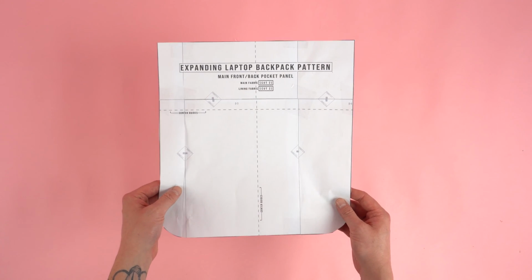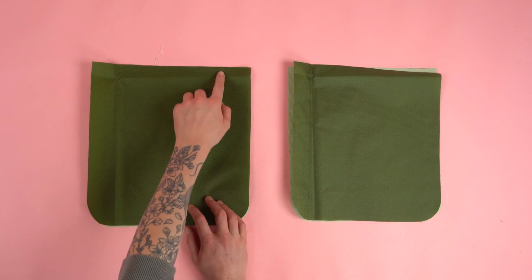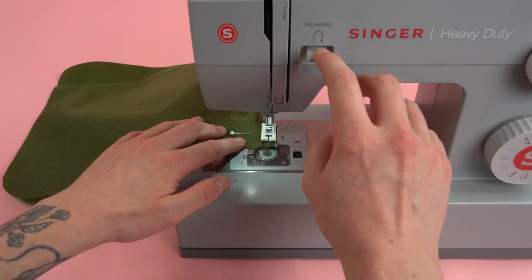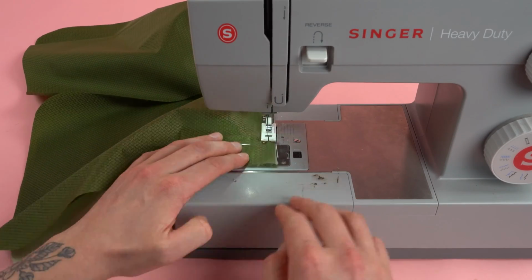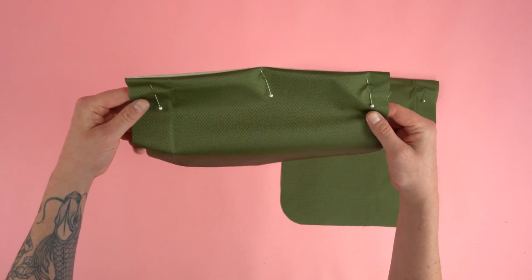Starting with the main front and back pocket panel, grab all the panels, place the right sides together, add a few pins, line up the top edge, and we're gonna stitch at a 1/4 inch seam allowance. And repeat the stitch for the opposite set of pocket panels. After stitching, flip the wrong sides together, lining up the top edge, pin the edge into alignment, and we're gonna